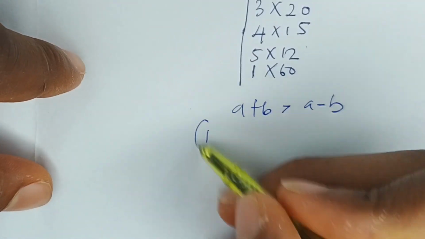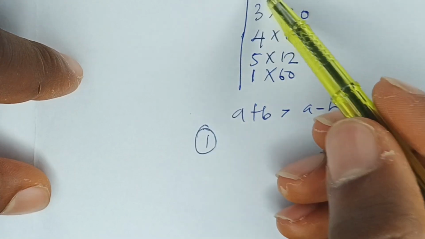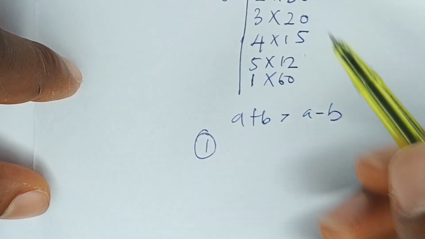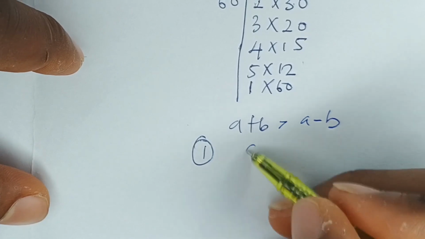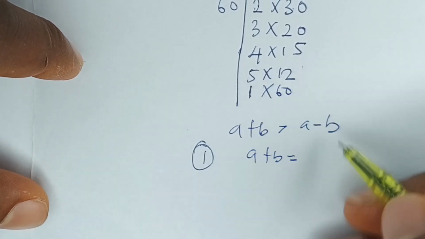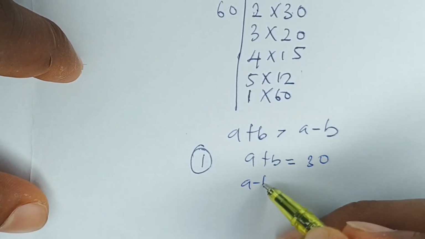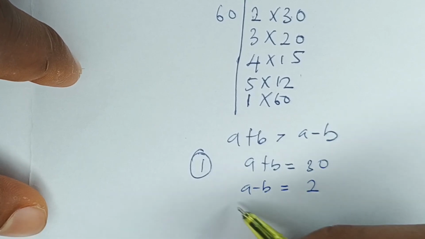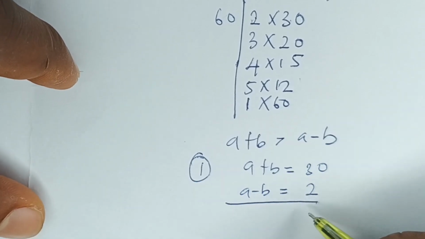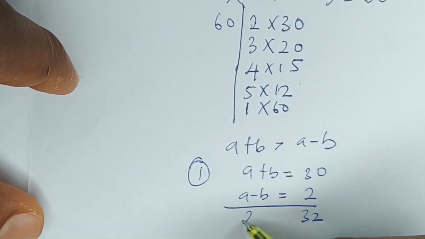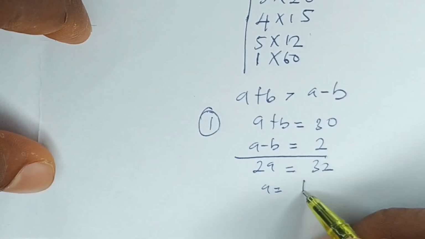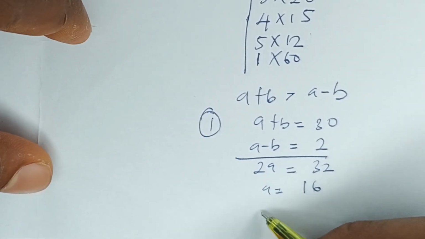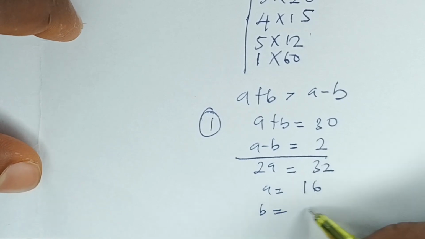I can say for the first one, because 30 plus 2 is 32 and it's even and it's also a power of 2, which is not really important now, we have that a plus b is equal to the bigger number, which is 30, and a minus b is equal to 2. If we add, as we've done earlier, we have 32 here and then we have 2a to be equal to 32, hence a is equal to 16. Okay, b will now be equal to